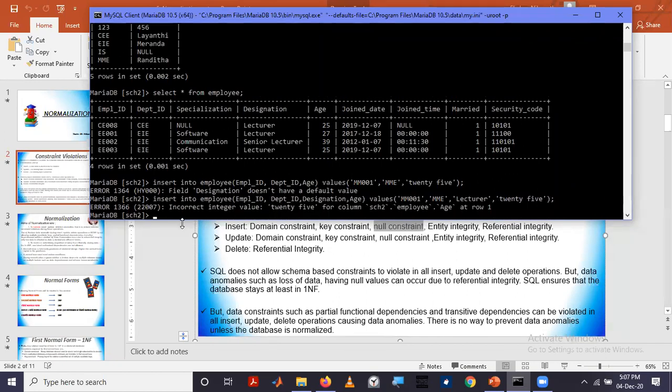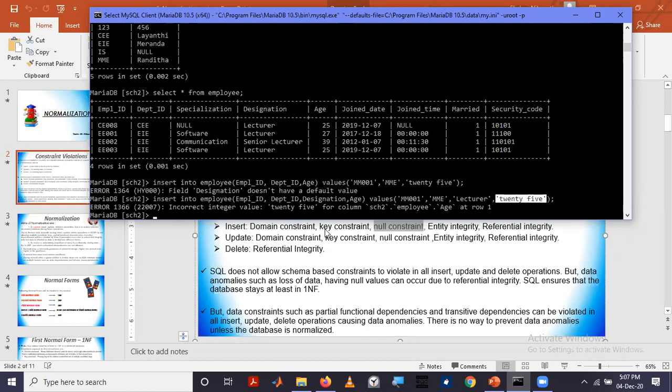Yes, it shows an error message, incorrect integer value, because age is declared as an integer, but you tried to insert a character or string value. It will not allow. So the domain constraint is not allowed to be violated.